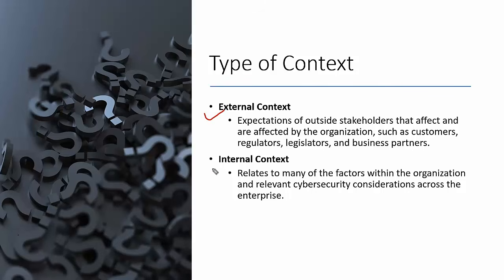One is called external context and one is called internal context. External context basically means your perspective from a stakeholder point of view, whatever activity you are introducing, what will be the impact on the stakeholder with that particular activity. Let's take an example: so far we were using data within internal data centers. Now we move to the cloud. So what will be the context?